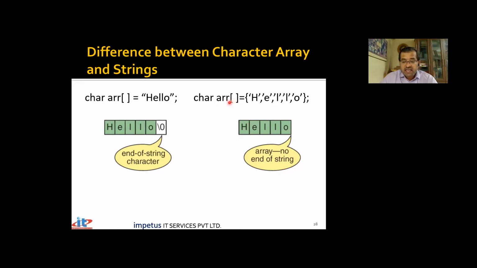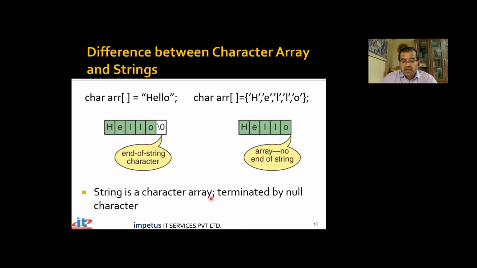So if I initialize this array as a set of character constants, its size is 5 bytes. But if I initialize this array as a string constant, the size is 6 bytes. Although the size, if you print it using the string length function, will give a size of 5 only over here, because backslash 0 is not considered to be part of the array, but it is still occupying space. So look at the way the memory gets allocated. If I initialize this array using a string constant, 6 bytes of memory are allocated. If I initialize this character array using character constants, only 5 bytes of memory have been allocated. So here only a character array has been created. Here a string has been created.